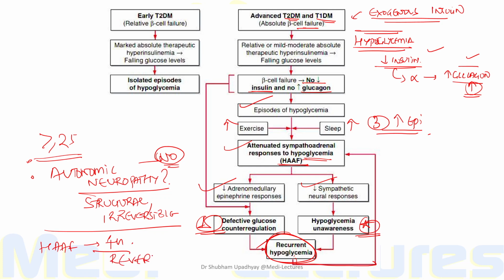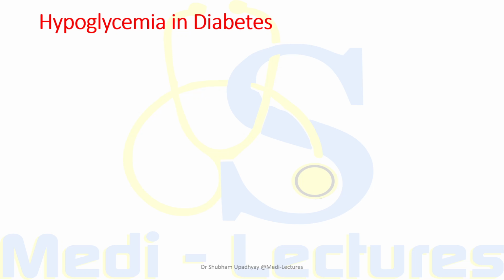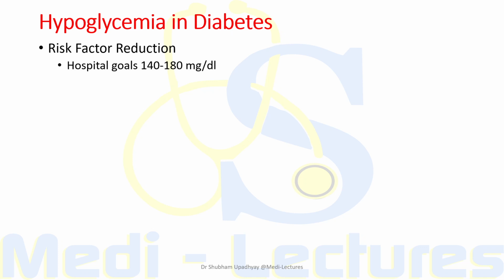We will see how to reverse this hypoglycemia associated autonomic failure in the next slide. So how to avoid this hypoglycemia in diabetics? Risk factor reduction of hypoglycemia for patients admitted in hospital who are at most risk of hypoglycemia: the goal of blood sugar level should be 140 to 180 milligram per deciliter. We do not target very intensive blood glucose levels in hospitalized patients who are at the most risk